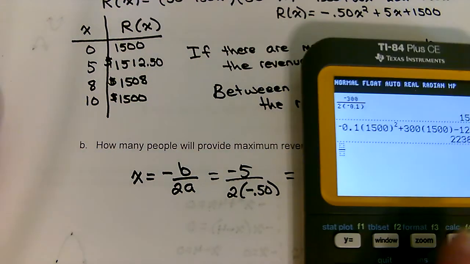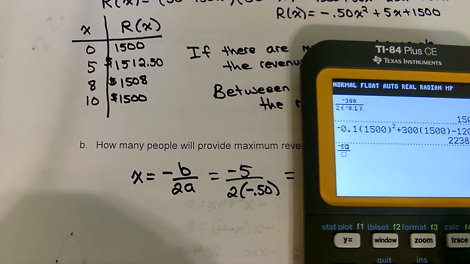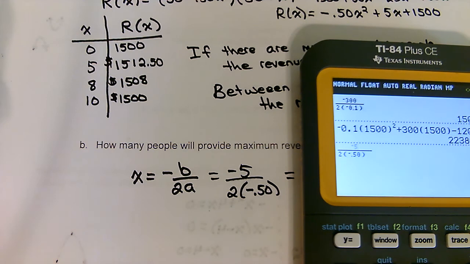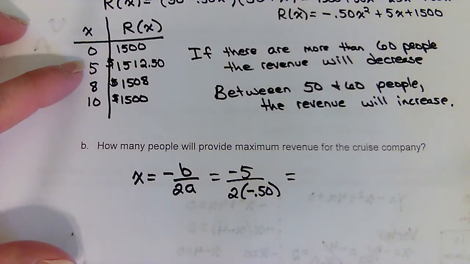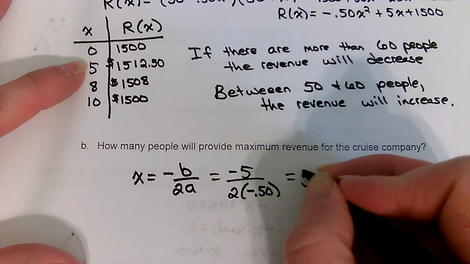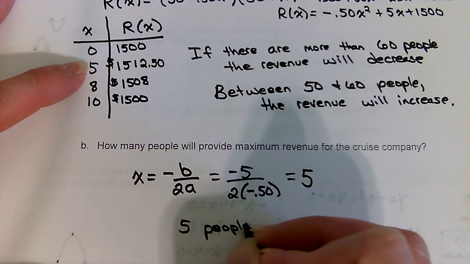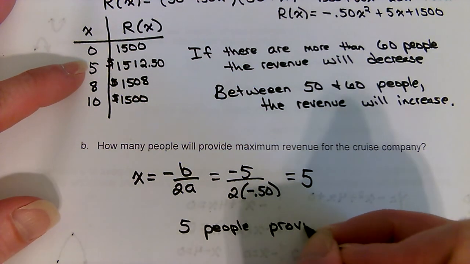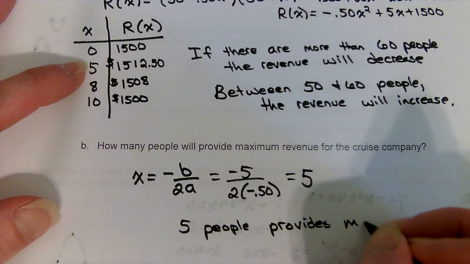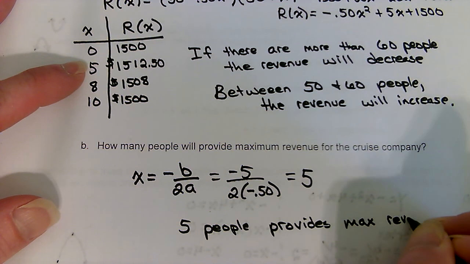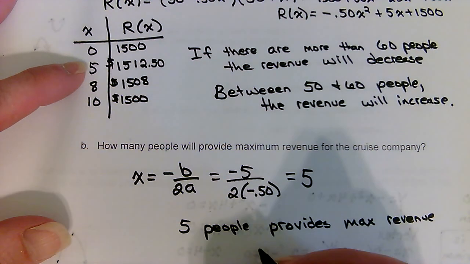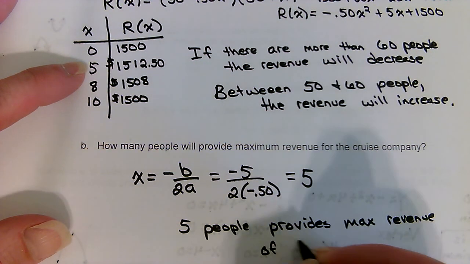And you can use your calculator: negative 5 over 2 parentheses negative 0.50. And it's 5. Ooh, which was actually in our table. So 5 people provides the maximum revenue